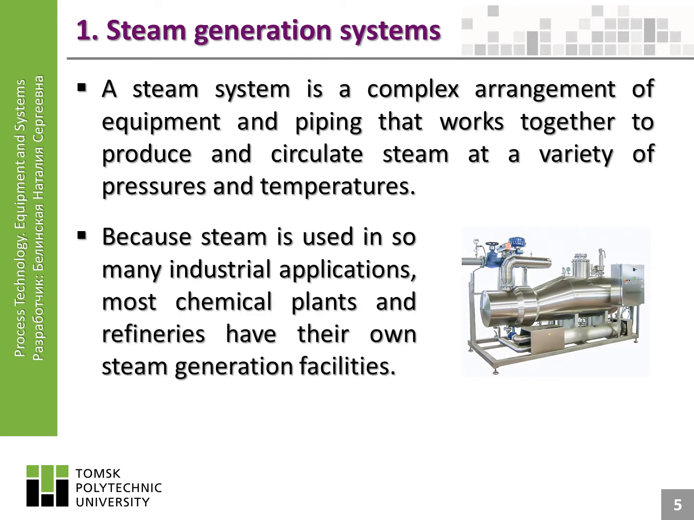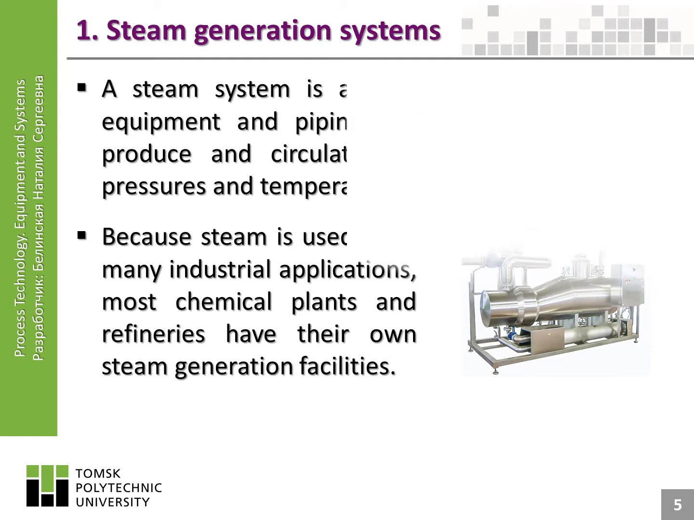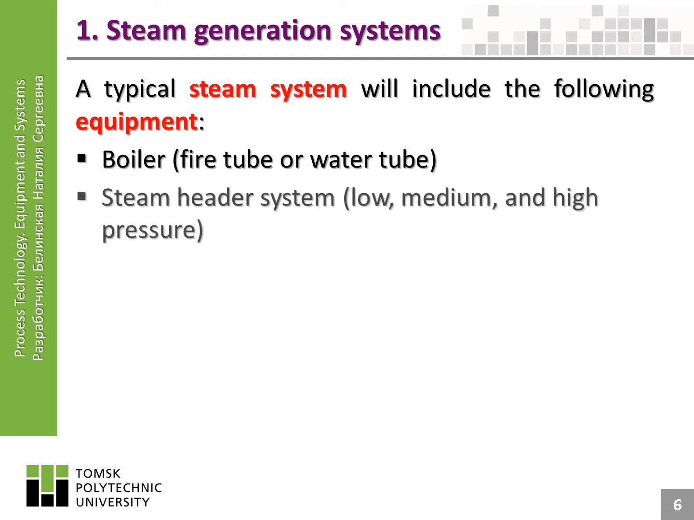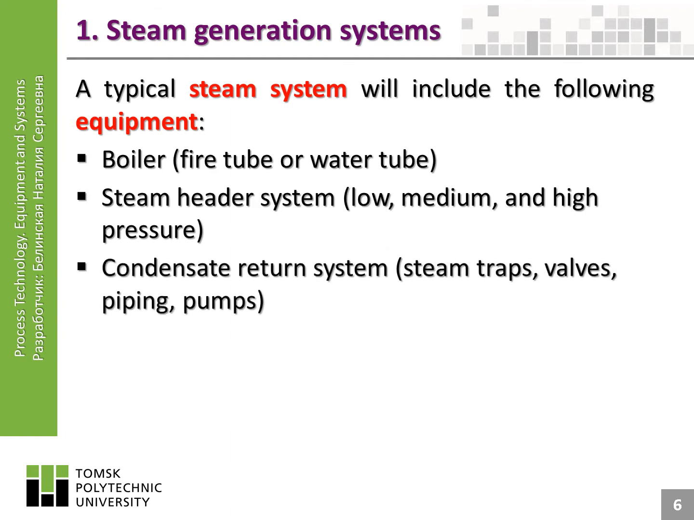Because steam is used in so many industrial applications, most chemical plants and refineries have their own steam generation facilities. A typical steam system will include the following equipment: boiler, fire tube or water tube, steam header system, low, medium, and high pressure, condensate return system, steam traps, valves, piping, pumps,